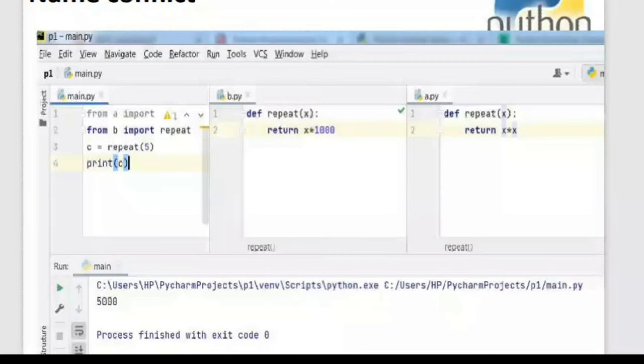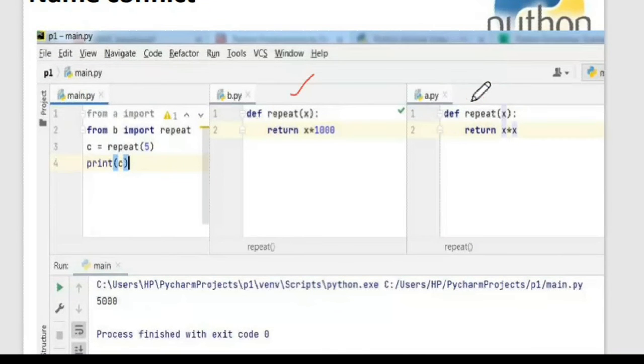Now let us look into a concept which is called name conflict. Say I'm having two modules. You can see here that I have two modules. Their names are b.py and a.py. Remember that every module should have the extension .py. This is very important.